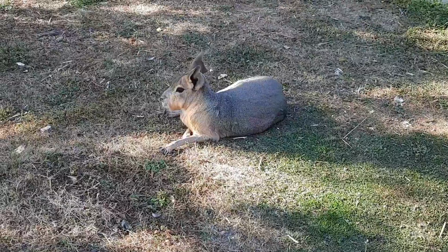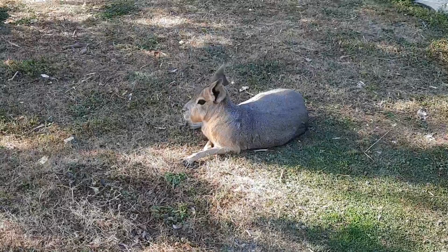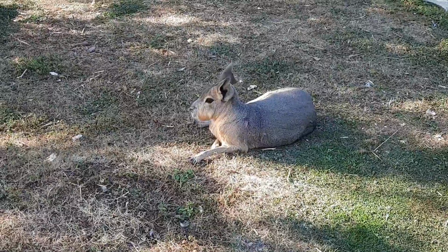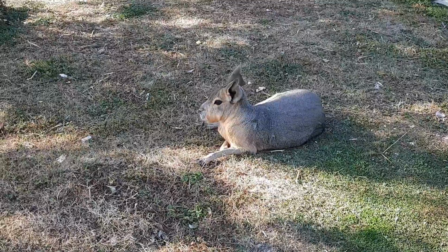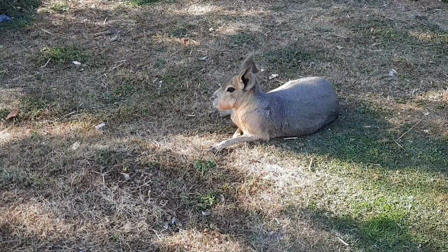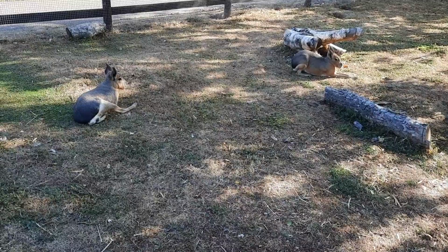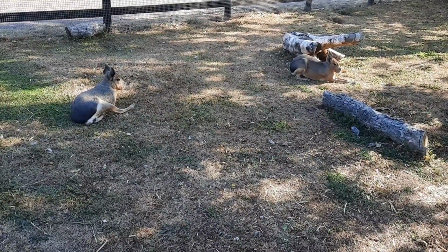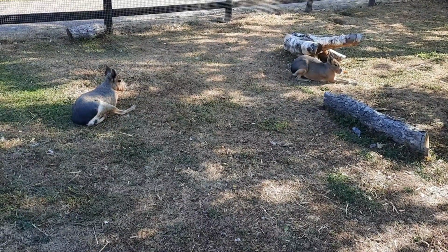But this is the general view of a very chilled mara, just sitting around, lounging around, in partial sun and shade. The enclosure that they're in has trees all around, and some areas where they'll get bright sunshine, and areas where they'll get dappled sun as well, so they can escape that sun. Also got various little houses around the enclosure as well. Another thing you may notice here is logs, and that's for them to gnaw on if they so choose,